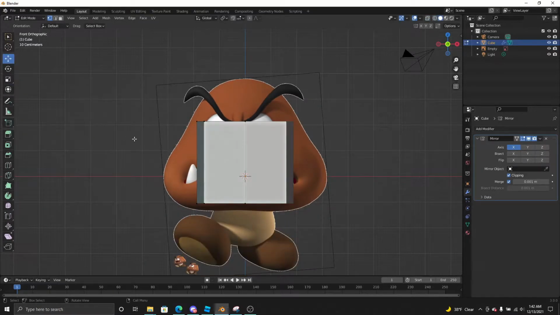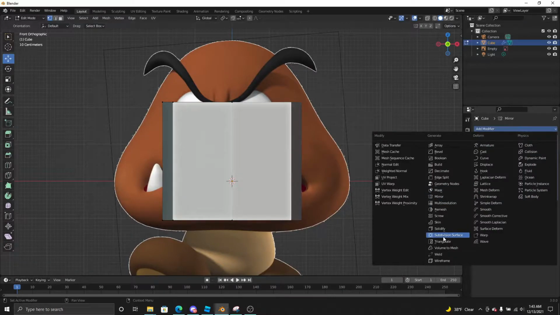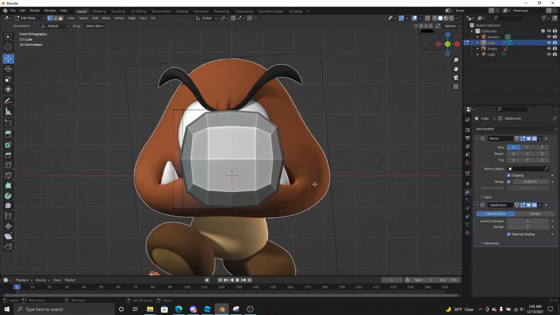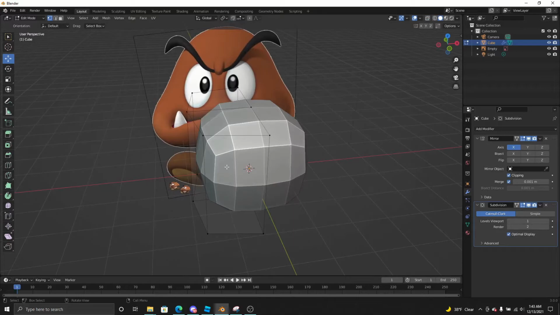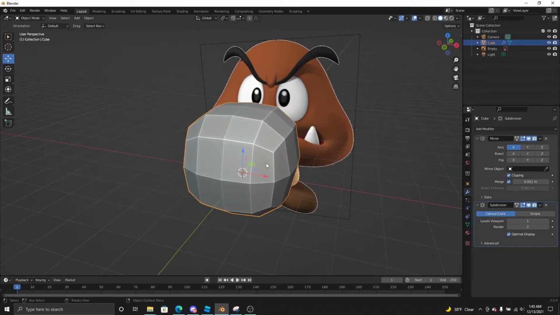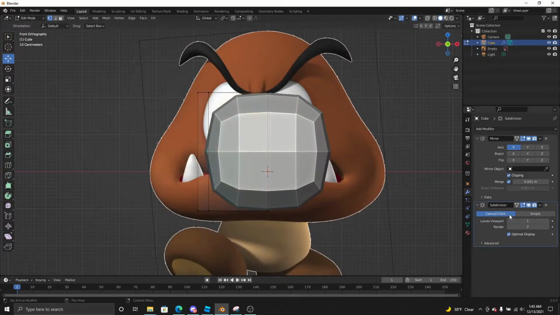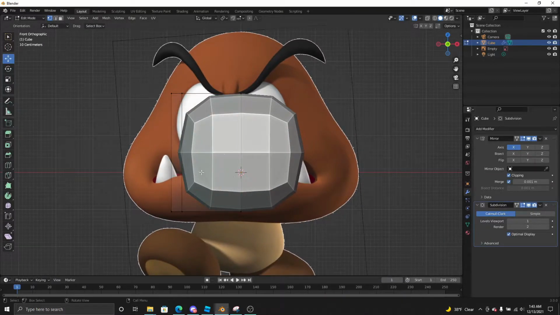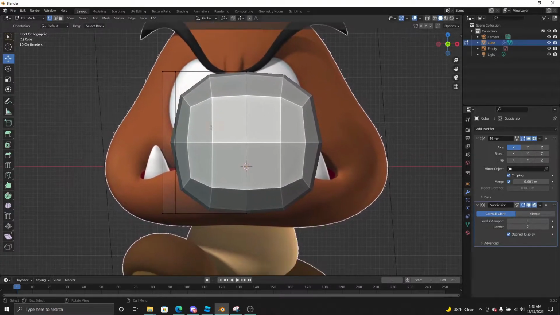So if you're kind of new to modeling mobs or just modeling in general, your best friend is probably going to be the subdivision modifier. I'm going to use it for this video because it's generally just easier. You see, it smooths the mesh, makes everything round. We have a very round model that we're going to be making, so this is perfect. But as you keep modeling, you'll realize, I won't say you don't need to use this, but you'll just be able to create the geometry needed without this. So yeah, once we have that subdivision modifier up,